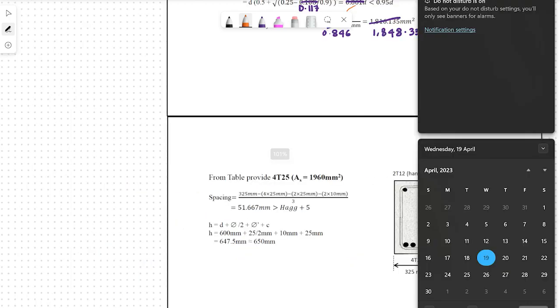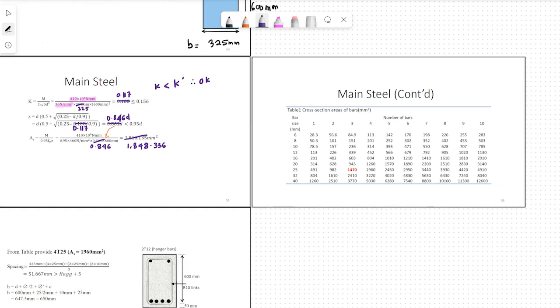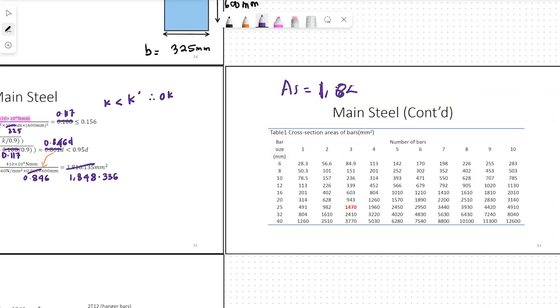So kita boleh straight away find the number of bars and size there, since in the question dia tak ada specifically mention that you have to use size apa, then it is free lah untuk kita ambil size apa-apa. So ignore the one yang saya dah merahkan tu because that's not the one that we're going to choose. So just put as here it is 1848.336, and because we see that the B here agak lebar the beam, so I don't think it is a problem untuk mungkin pakai 25 and 40 saya rasa cukup lah,